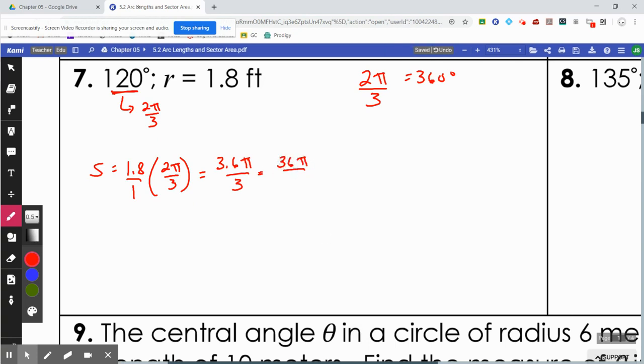That'd be 36 pi over 30. And then reduce it, which gives you 12 pi. Well, I could actually divide that by 6. That'd give you 6 pi over 5. That's the exact answer. When you plug in 3.14 for pi, that's going to give you about 3.8 feet. Number 8,